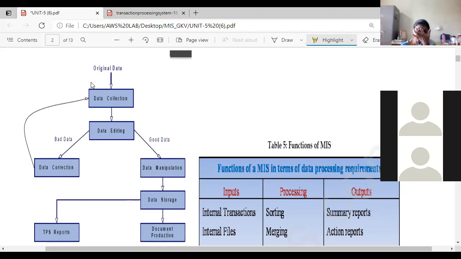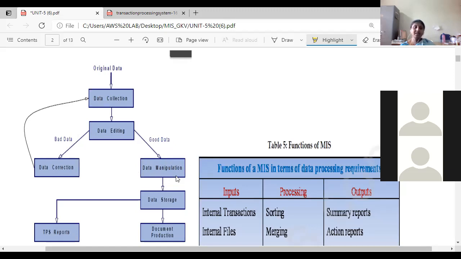That means whatever data you have collected is not valid data for your purpose. It is not relevant data for your purpose. Then you need to collect the relevant data for your application or for your task purpose. Again, you are going back. Suppose when you are editing the data, whatever data is available is relevant or good data. According to your application, you need to do some manipulations or certain operations or processing on that data. That is called data manipulation.